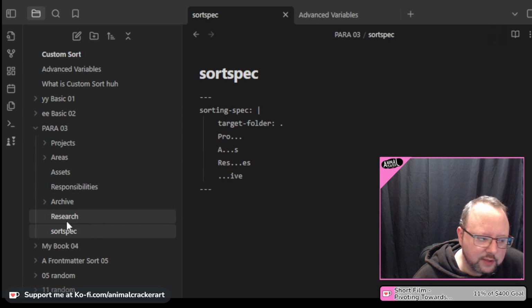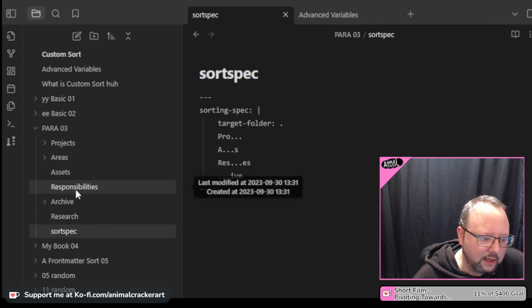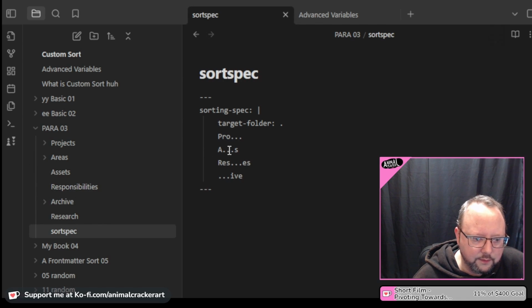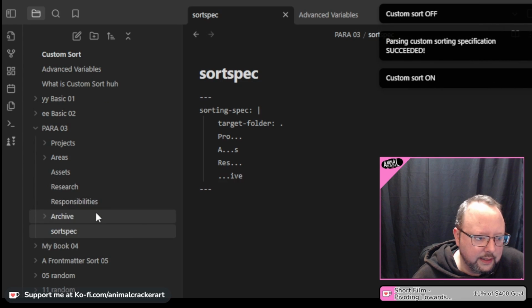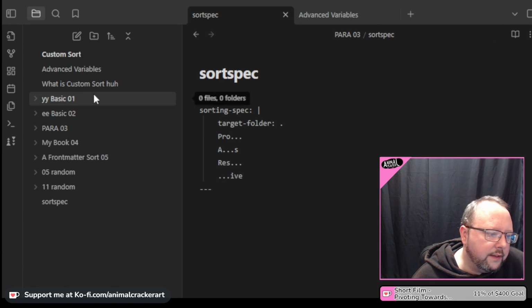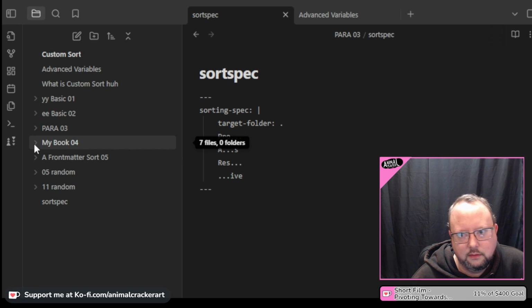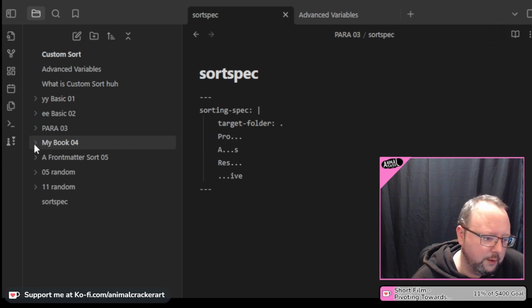And then research stays at the bottom because it doesn't match anything up here, even though it almost matches the one that sorts our responsibilities folder or note, because that has the ES at the end. It doesn't match research, but if we take off the ES at the end and we resort, it's going to float the research and responsibilities together. Then to sort stuff by suffix, you just do stuff that we've already been using. So